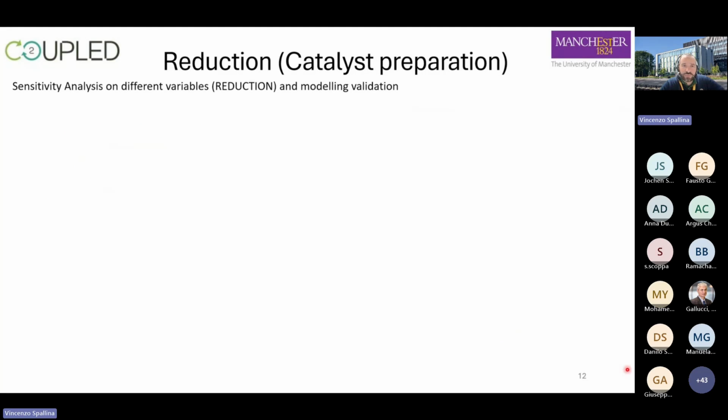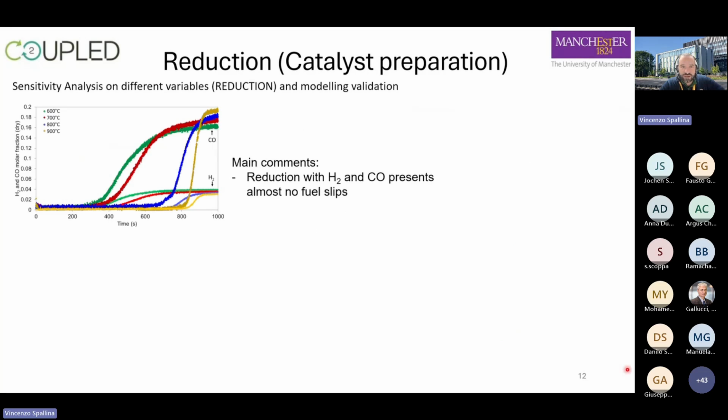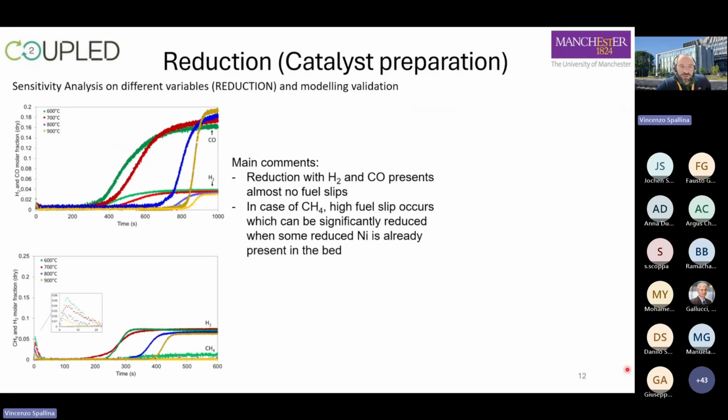In terms of reduction, we carried out several reduction tests at different temperatures from 600 to 900 using either hydrogen or CO, where we could see the fuel slip and the breakthrough. We also did something with methane, and we noticed, for instance, in the case of nickel, that at the very beginning there is always a certain fuel slip, and this is because nickel oxide is not really a good material for